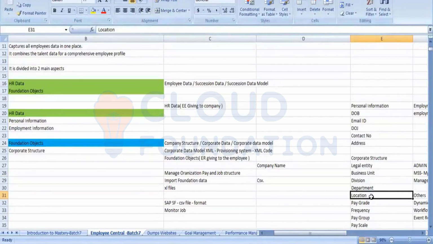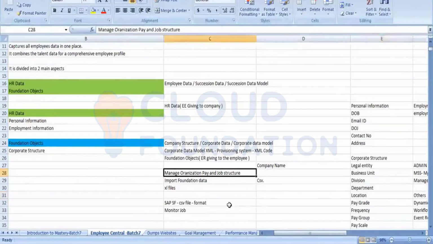So you have to create the record for the location. You are creating that record in the front end, that is, in the managed object or page structure.